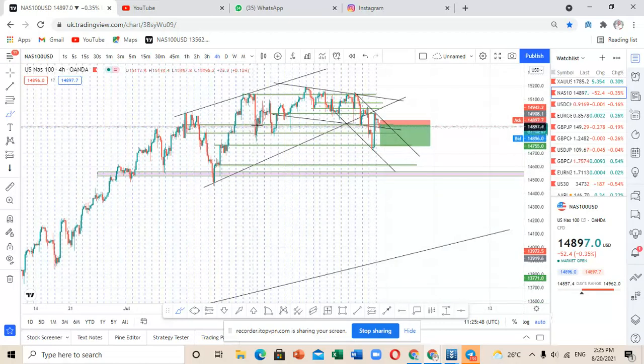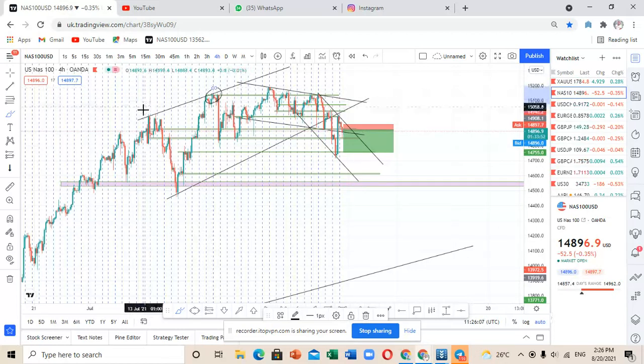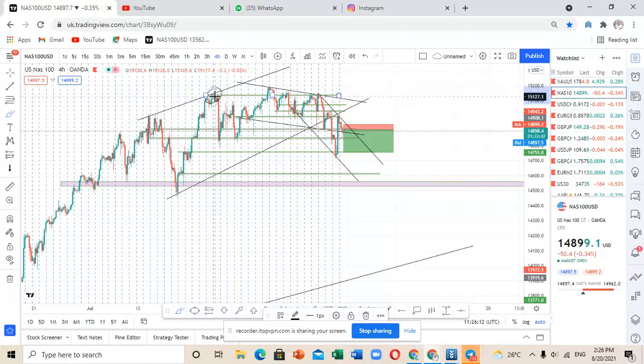So you can see that we had a clear move to the upside, that is a bullish trend. But then you can see at this point, after we have had this touch, let me explain something. After we have had this touch here, several touches to the upside, initially we just had two touches. Then these three touches to the upside gave a sign that we will experience a change in movement in the future moves.